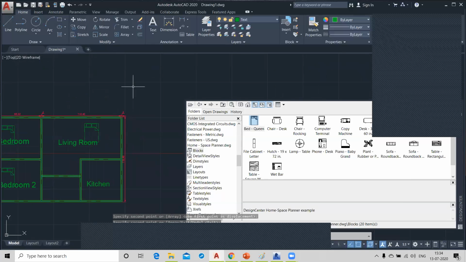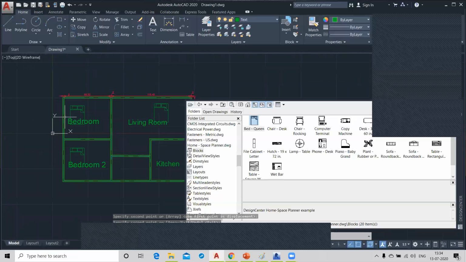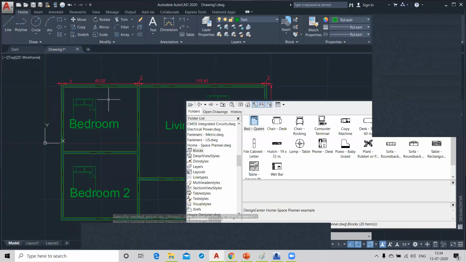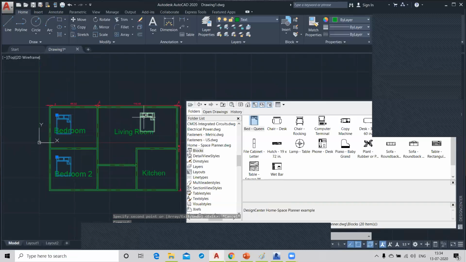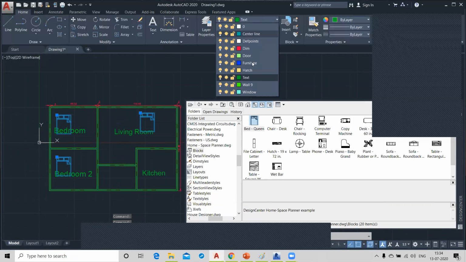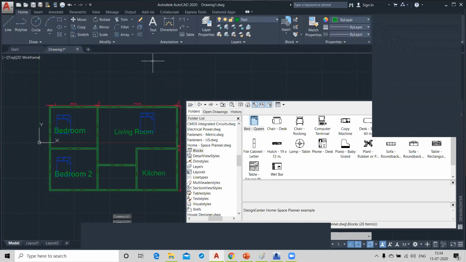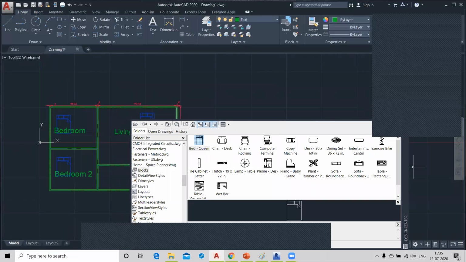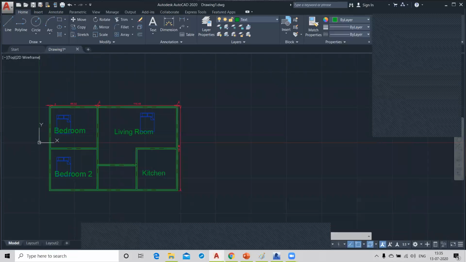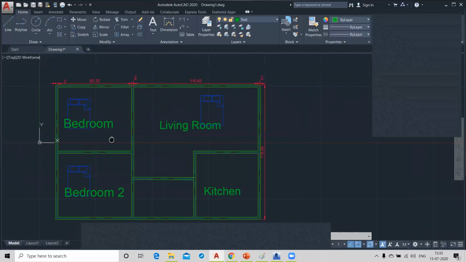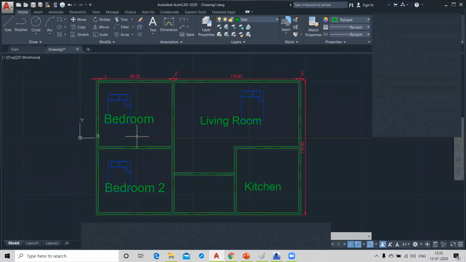Right? So like this you can place all the furniture, so this is in the furniture layer. Select all of them and select your furniture layer like this. Similarly, you create a door also in the door layer, right? Yes or no? Yes, sir.